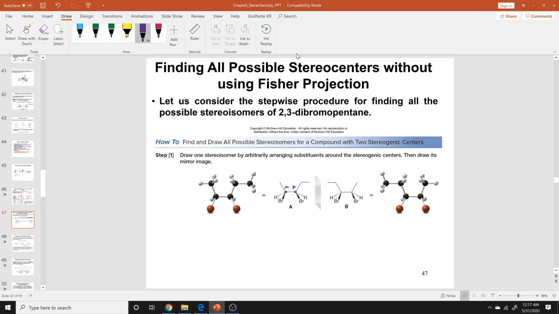The bromines are on the same side, yes, but this is not cis because there is a rotation around the carbon single bond. So if it's cis now, it can rotate and become trans again. So this is why it's neither cis nor trans. Let's go ahead and draw the